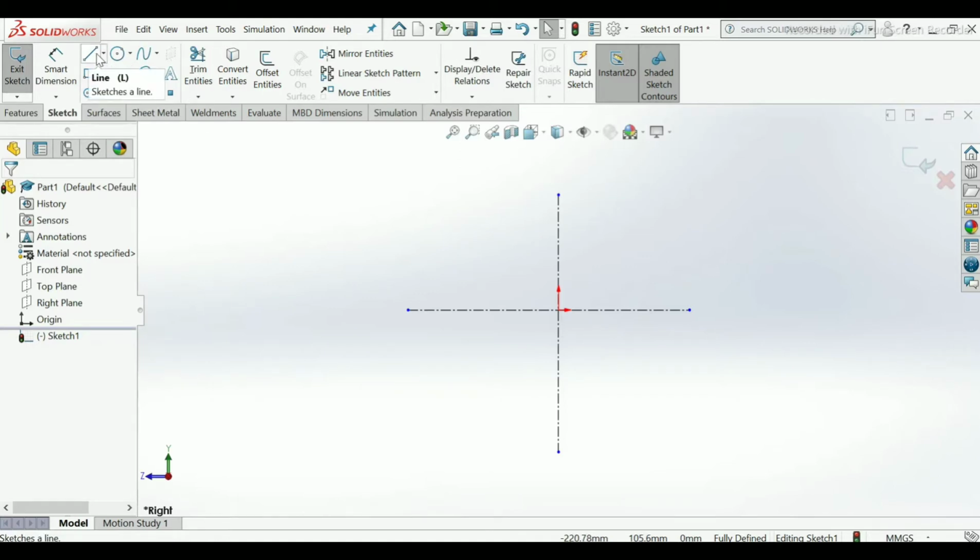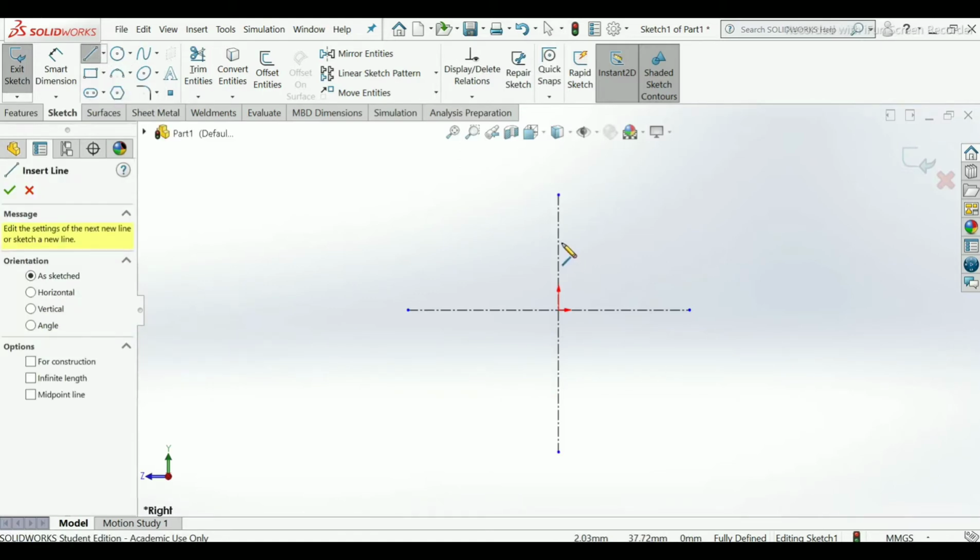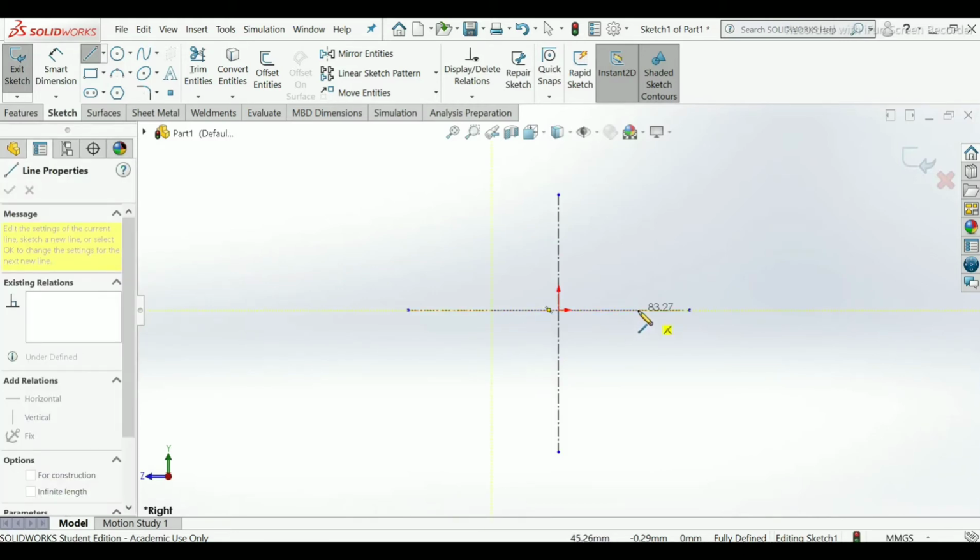Now draw a sketch. First draw a rough sketch so that we can easily apply the dimensions.